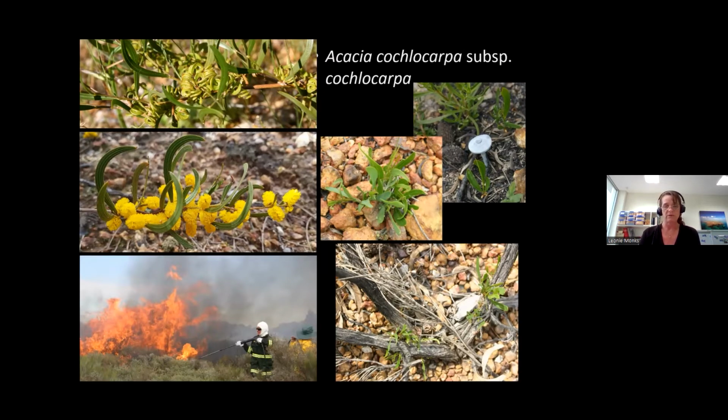So following the fire, we found that 6.5% of adult plants escaped the fire, showing the fire was patchy. 2% of adult plants re-sprouted, something we had never seen before in this species, and a large number of seedlings recruited. We continued monitoring the response of this population and found 77% of these seedlings survived the 2 years post-fire, and that a quarter of these had become reproductive within those 2 years. So the population was able to successfully respond to fire and recruit a second generation, which is now reproductive and meets our success criteria.